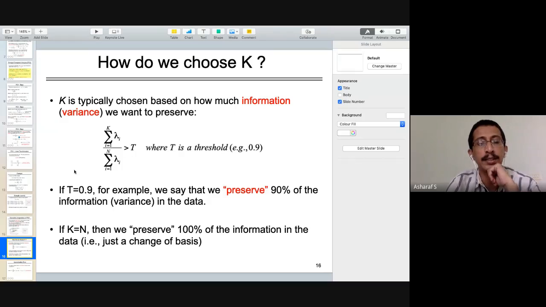You choose k like this. K is typically chosen based on how much of the information variance you want to preserve. Do you want to keep everything? If you want to keep everything, you can choose all the eigenvectors. If you don't want to keep everything,